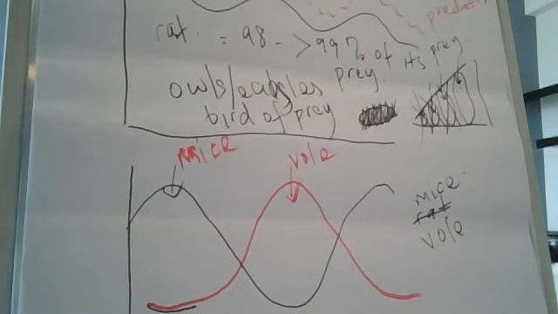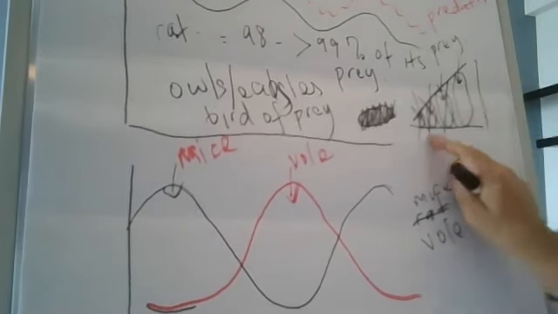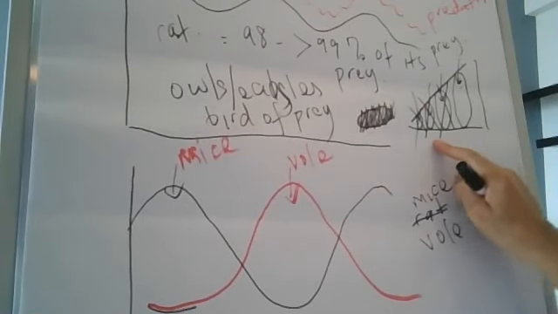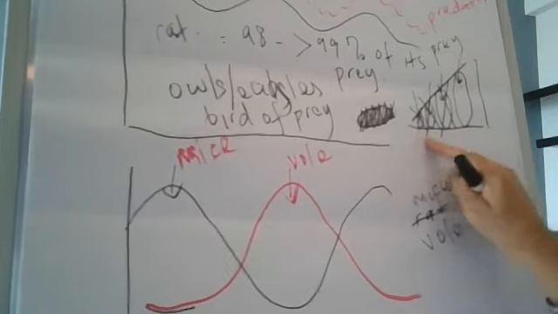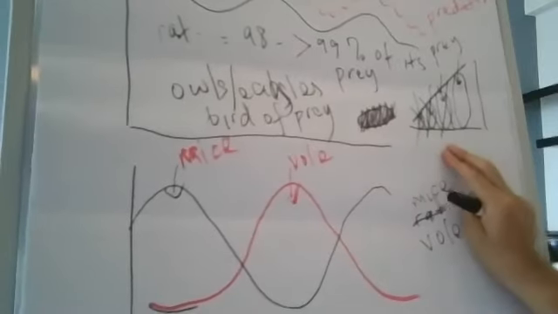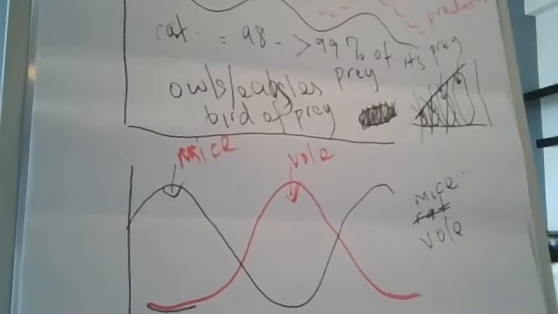Jadi dia adjust bilangan dia berdasarkan bekalan makanan. So it adjusts its population size based on the availability of food. And this is a mechanism. It has a survival value. Walaupun nampak kejam, the younger ones die off when food is scarce. But it is important for the long-term survival of the owl in the long run. Okay? Faham ya?